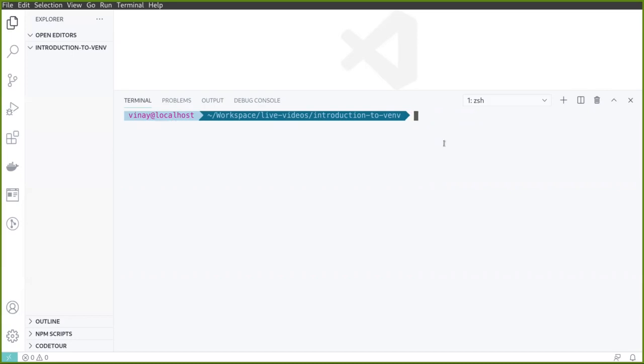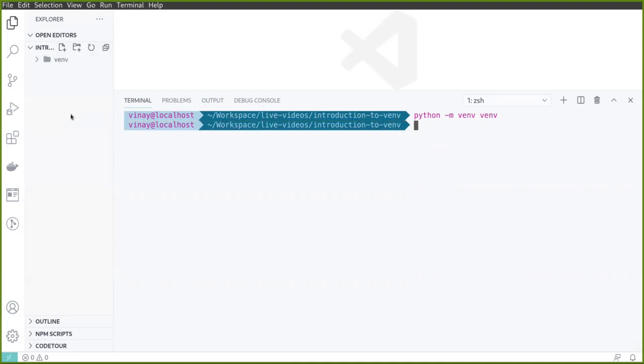To create a virtual environment, we just need to type python -m venv, and here we just need to pass the folder name of the virtual environment. So let us just simply keep it as venv only and run this code.